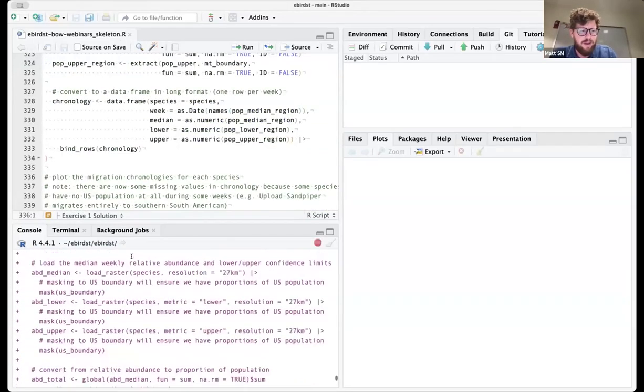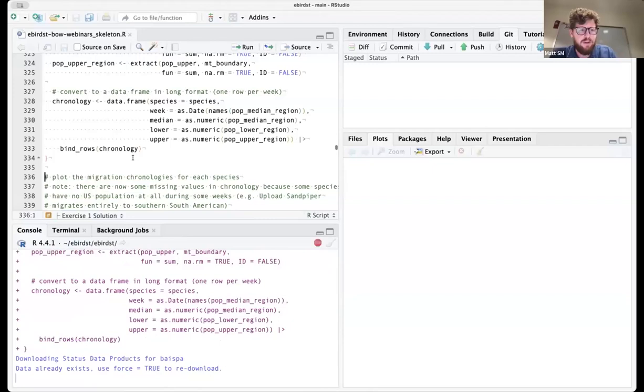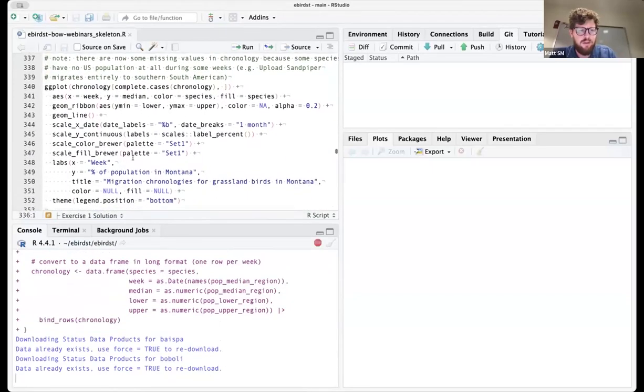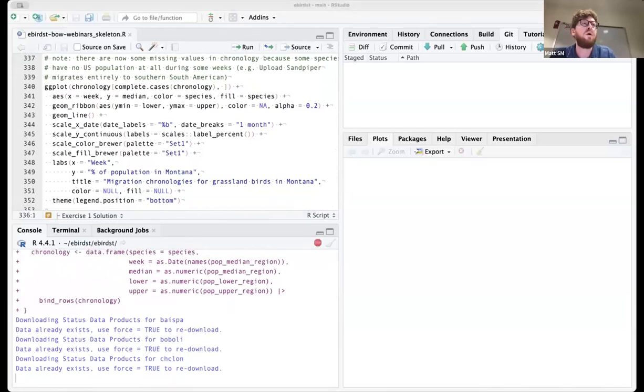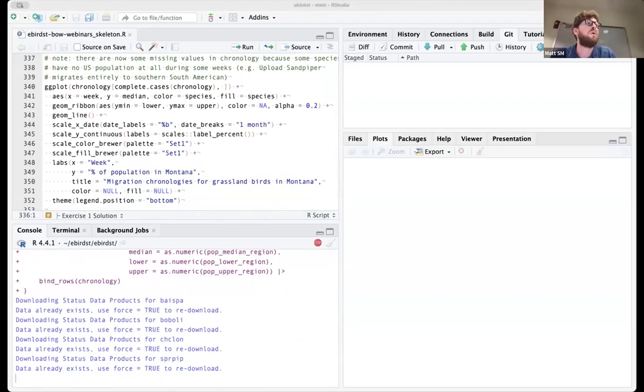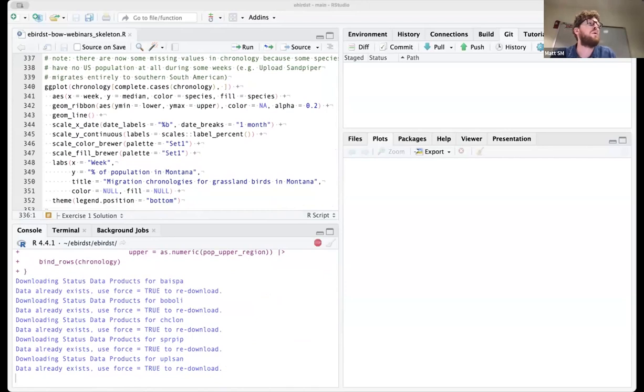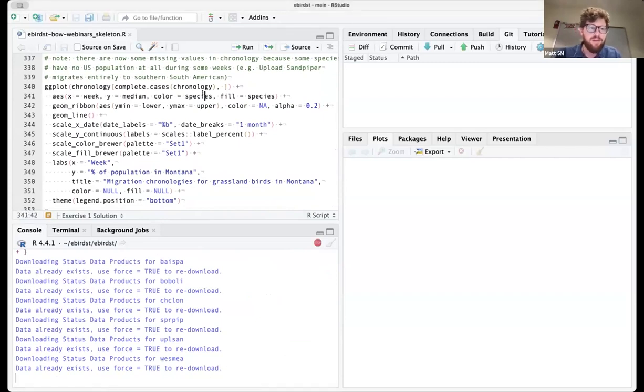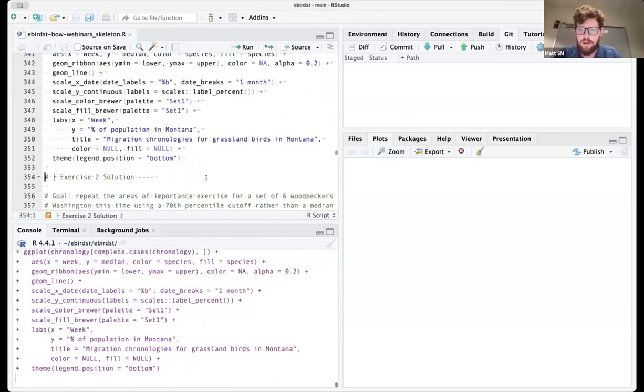Let's see if this works now. Okay. I have a sneaking suspicion this may still be problematic.